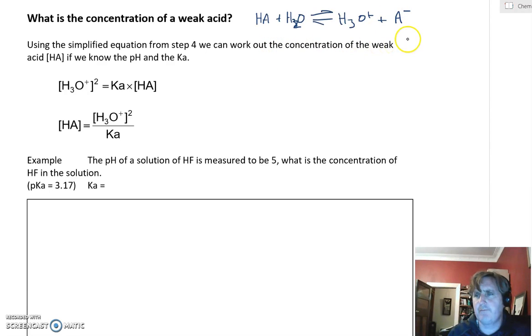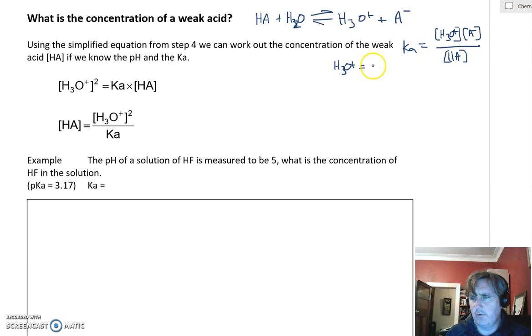Okay, so we can write an expression for this, and remember the expression goes like Ka equals the concentration of H3O plus times the conjugate base concentration over the weak acid concentration. And remember, because the concentration of H3O plus is equal to the concentration of A minus, for every time you make a hydronium ion, you make a conjugate base, we can say that Ka equals